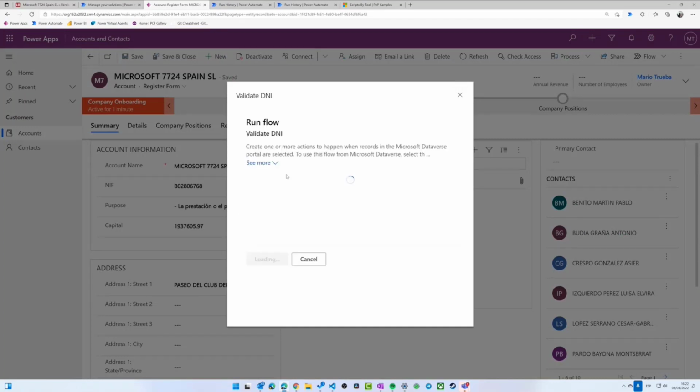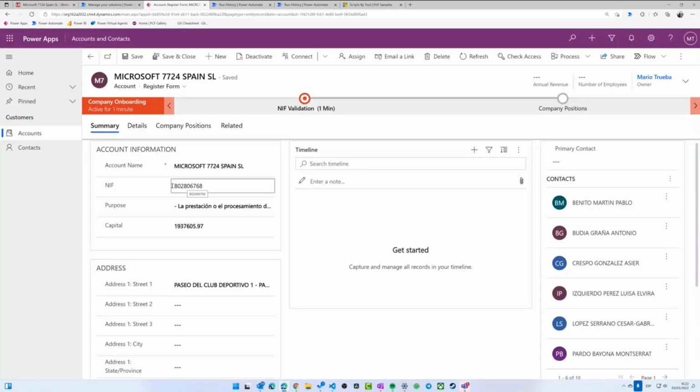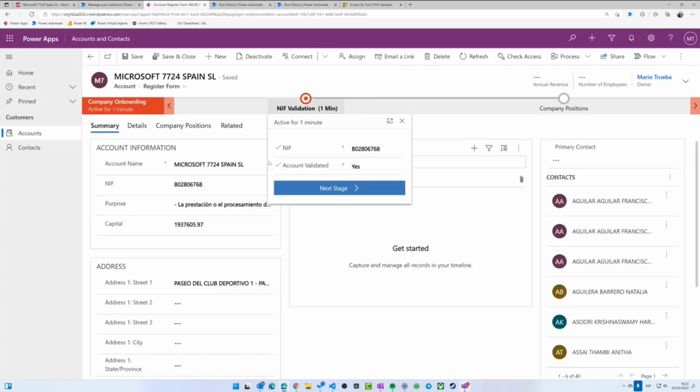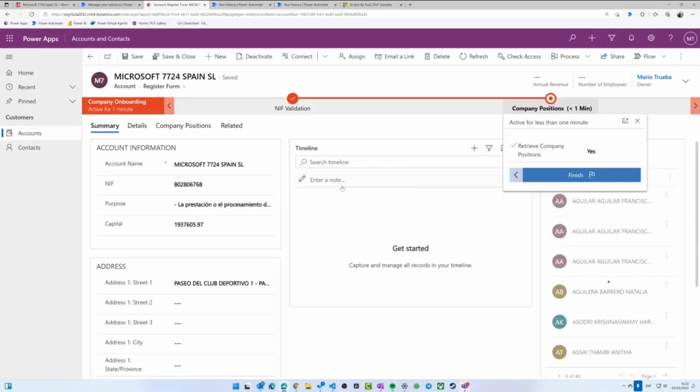I'm going to click on that and validate this number that we got over here, which in this case is going to be perfect because we just retrieved it. Once I trigger that, now we have the account validated and can move on to the business process flow. And it should have also triggered a notification.